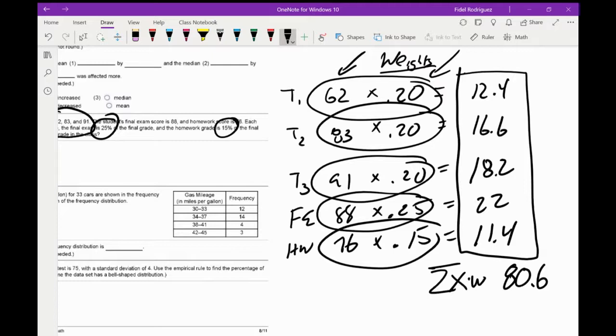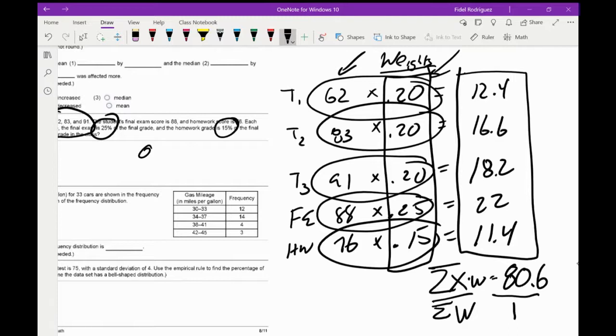80.6, right? And then in the formula, on the weighted mean, it says that this average here also has to be divided by the sum of the weights. And what I mean by the sum of the weights is if I take these percentages and add them up, 0.20, 0.20, another 0.20, a 0.25, 0.15, the number that we come up with actually, guys, is 1, because it's 100%, right? So when you take 80.6 and divide it by 1, we're still going to get